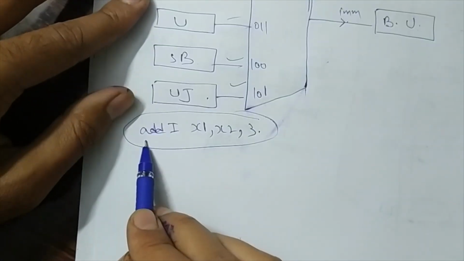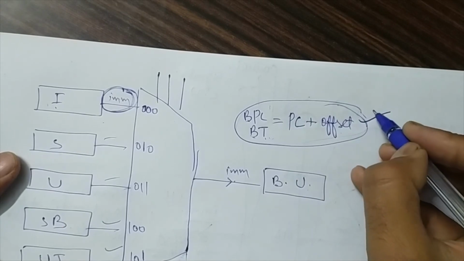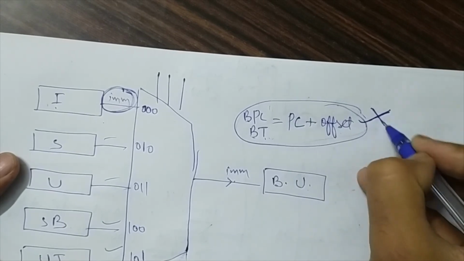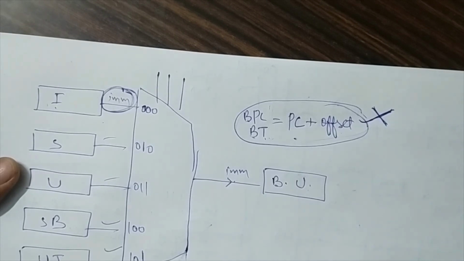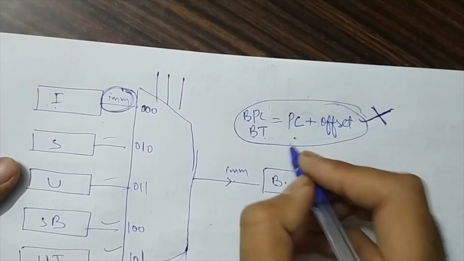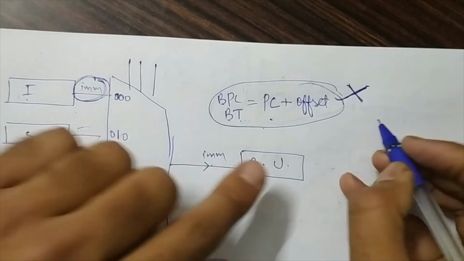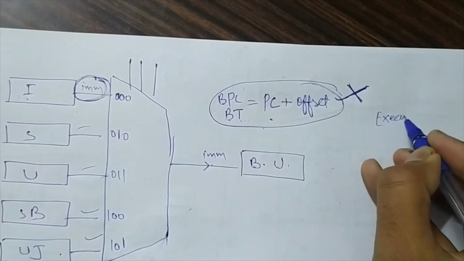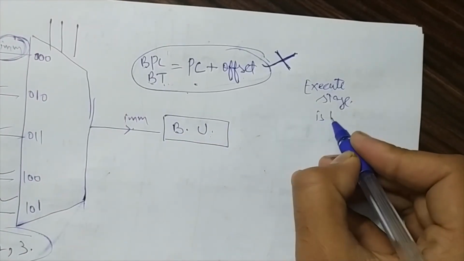For what type of instruction? Addi. But we know that this is not a branch instruction, so this won't be of any use. We are calculating this, but later on we won't use this branch target or branch PC. This will be used only in case of branch instructions. Because later on in the execute stage, for this particular instruction, we will generate a signal